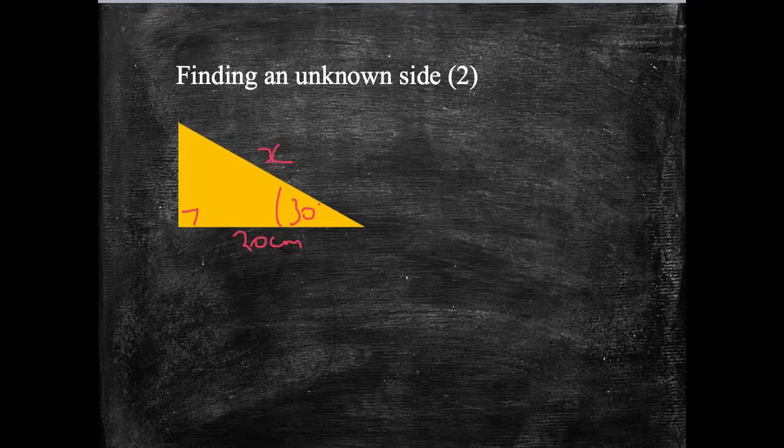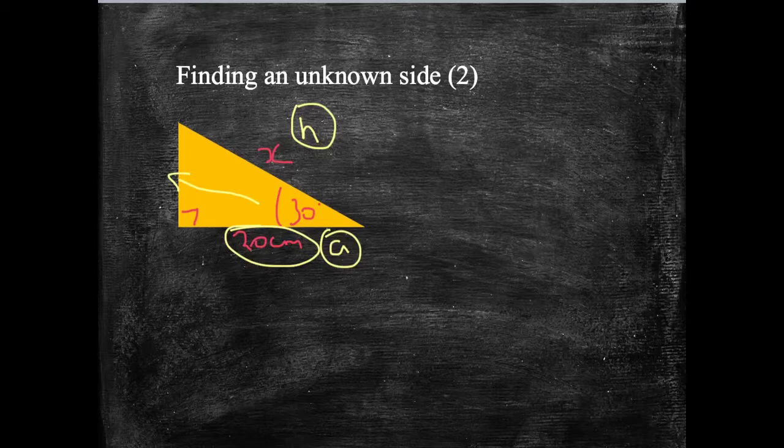Well, to start with, I'm going to start thinking about labeling up my triangle. Opposite the right angle, or the longest side, is called our hypotenuse, so we've got an H. Okay, we've got nothing opposite the angle this time. There's no information there at all, and we've not been asked to find it either, but we have got something here which is next to the angle, or adjacent to the angle. So we've got an A and an H. Thinking about our Sohcahtoa again,